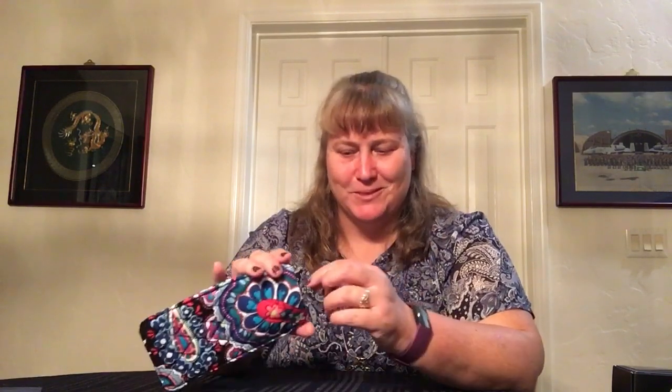Next up, okay, Haymarket Paisley. Brand new pattern at the outlets. My store did not have everything in it, but they had a lot of stuff. So I picked from what they did have, and I got most of it. Not all of it, but most of it. I like this pattern. Okay. So this is just the sunglass sleeve,